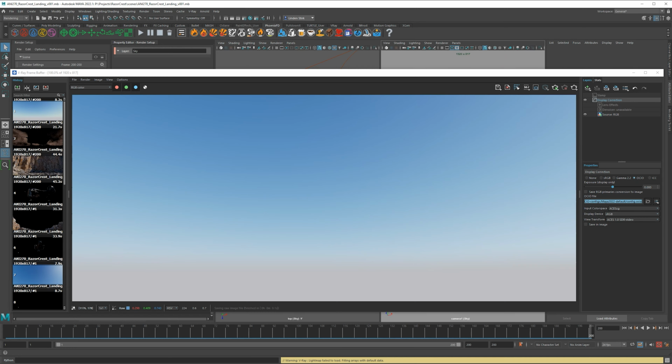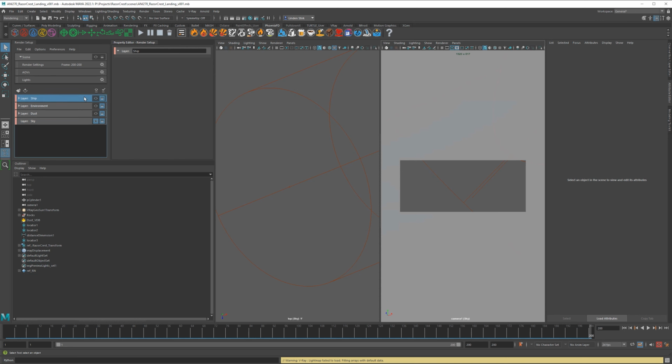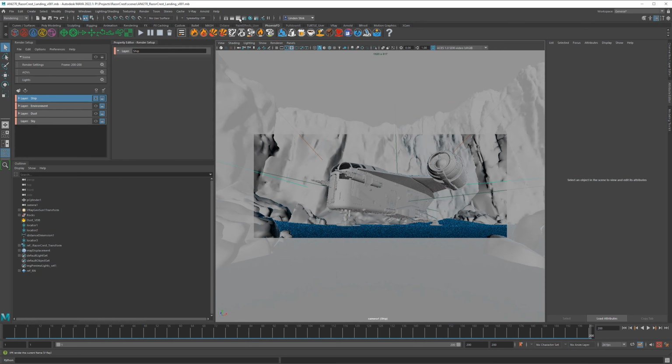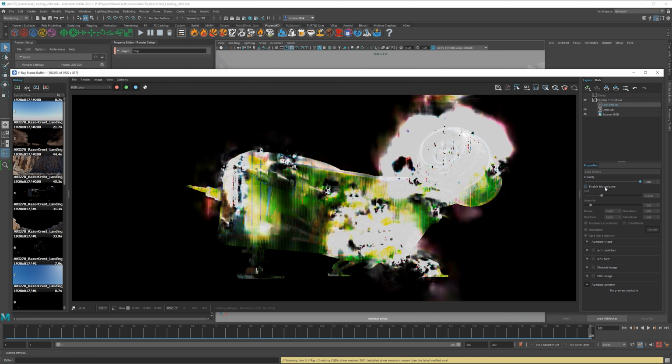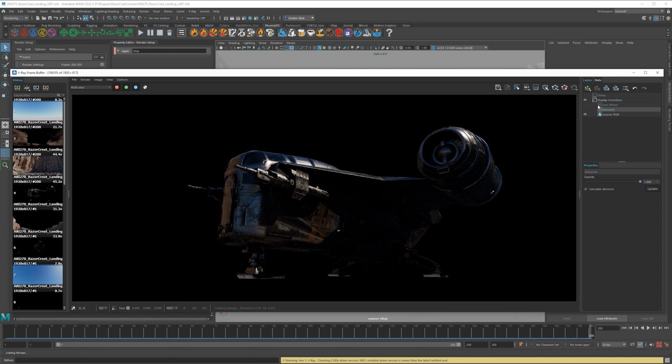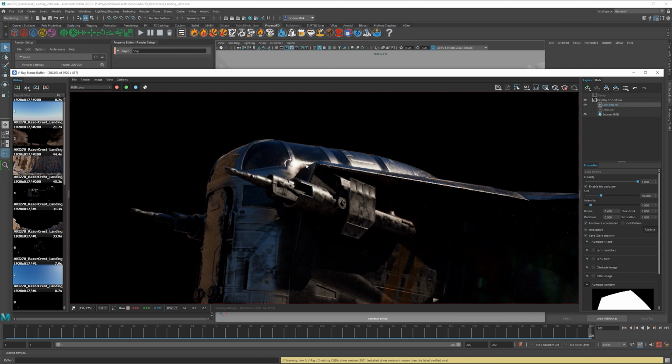If we go back into Maya here, I forgot to set up our lens effects. So I'm going to do that really fast. Back to the IPR. And then to enable lens effects, you've got to go down to enable bloom and glare right here. And if you get some crazy image right here, it's because the denoiser is kind of interfering with it. So just turn off your denoiser for right now. And then you want to click on enable bloom and glare. And what happens is after that is done, it should apply some glare.